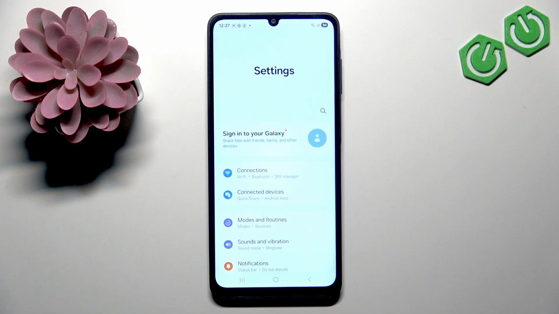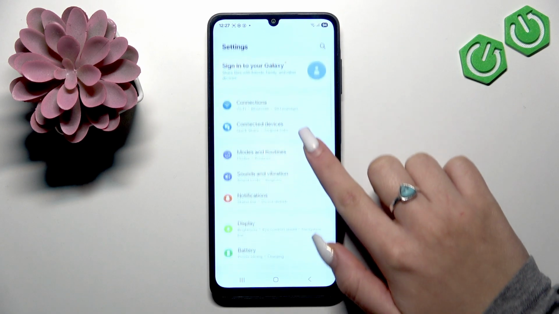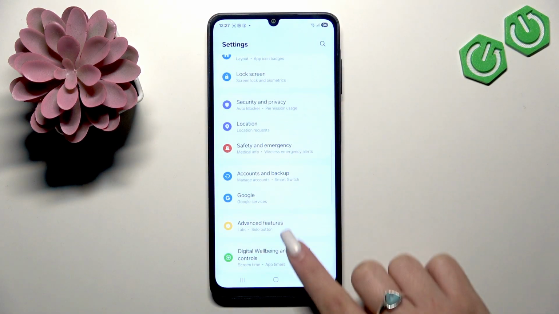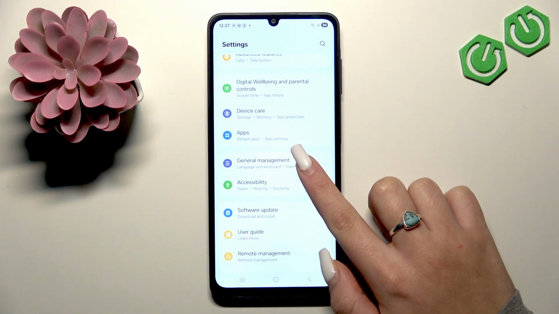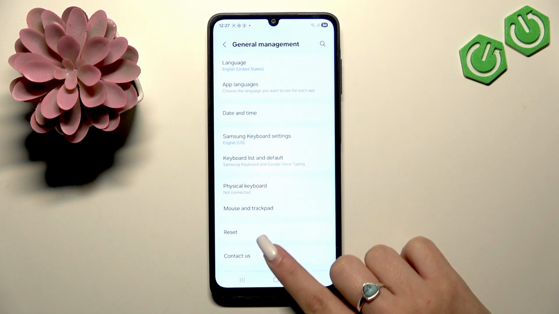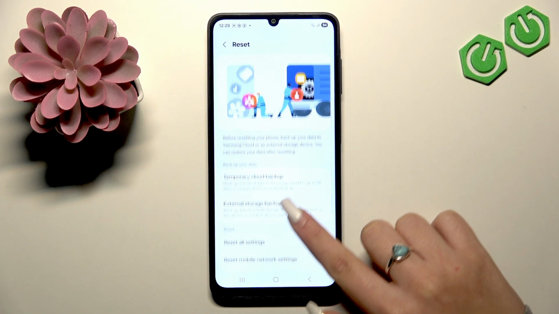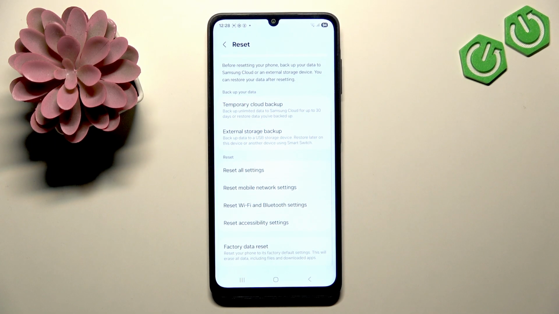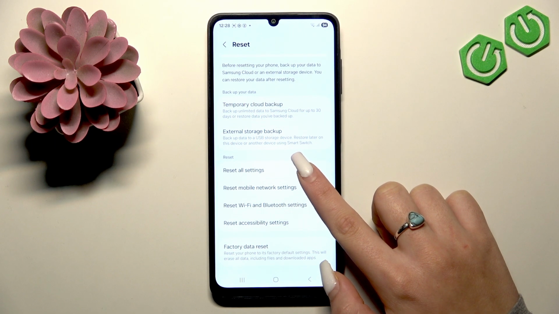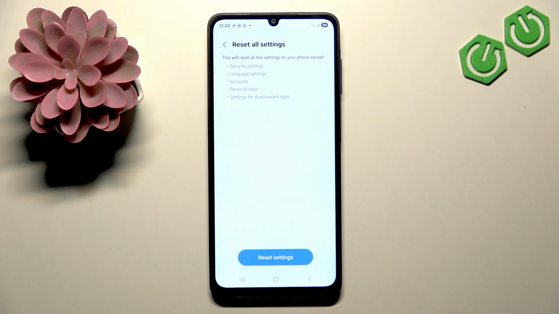So, let's open settings on your device and let's scroll and tap section General Management, and here you will find a reset option. So, tap it and here select Reset All Settings button. Then you want to confirm it by pressing it once again, and